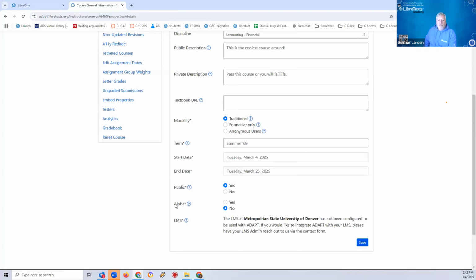So for most purposes, you don't need to have this as an alpha course. It's just basically a course. But when you pick it as an alpha course, you're giving permission for someone to beta tether to your course so that they can see your course after you tweak it. They don't see the students that are involved in the course. They don't see any grade books connected to it. No FERPA protected information, just basically the structure of the course.